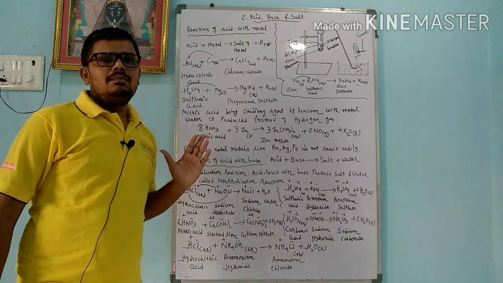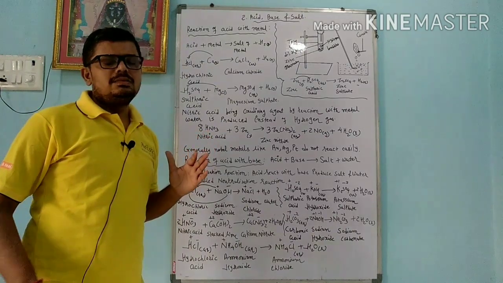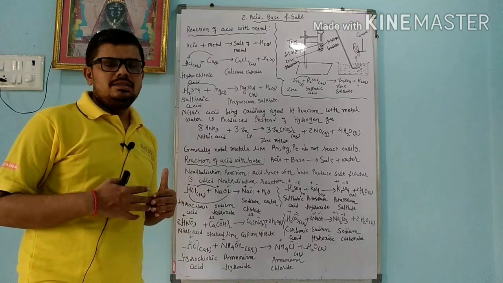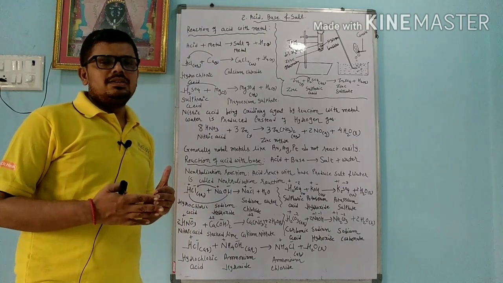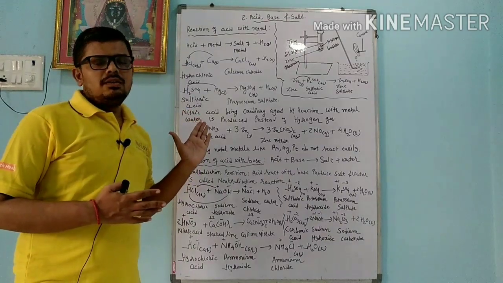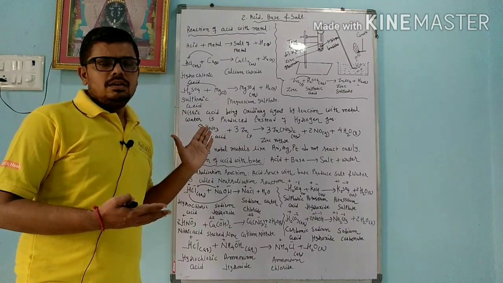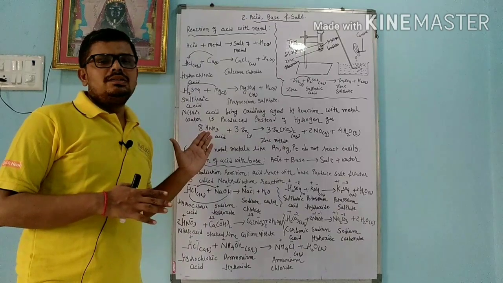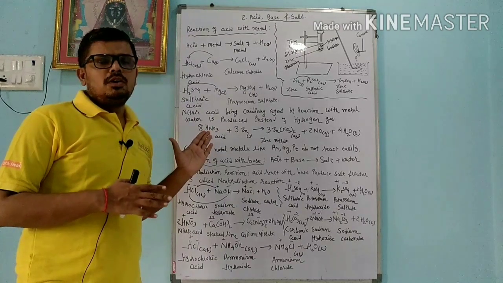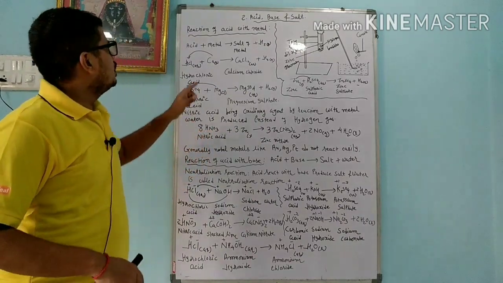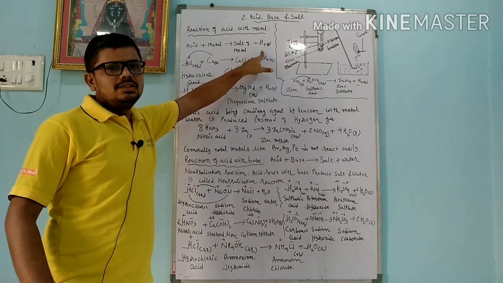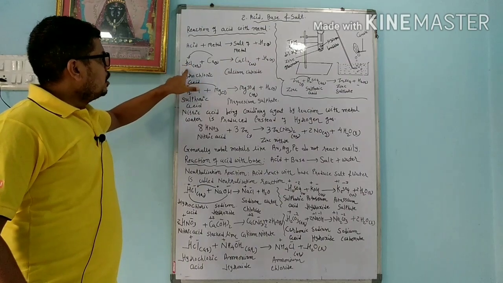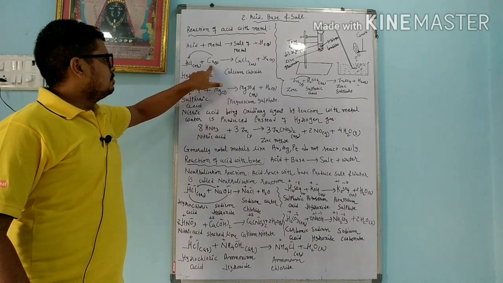Balancing of a chemical reaction depends on you, that is, by the trial and error method you can balance. In balancing a chemical reaction many possibilities are there, but whenever compounds are made, the total valency or total charge of the compound should be 0. Acid plus metal react, then salt of metal plus hydrogen gas is obtained. Hydrochloric acid reacts with calcium.